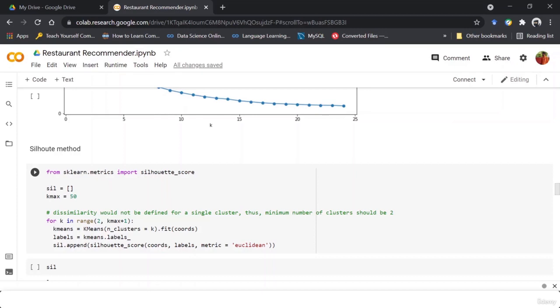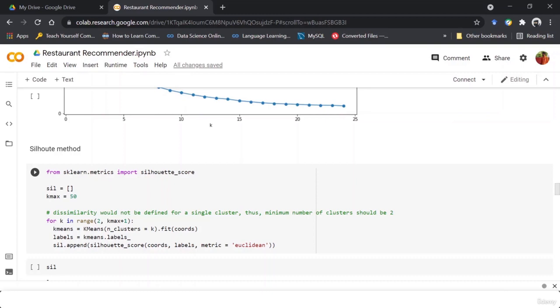Lastly, for calculating the silhouette coefficient, I take the first point, where we calculated the average of point 1 from the other cluster.